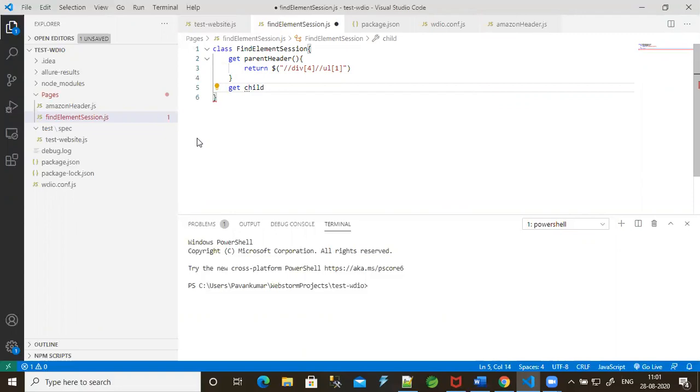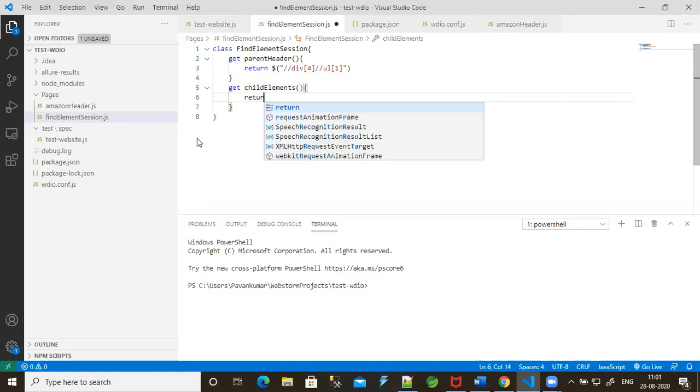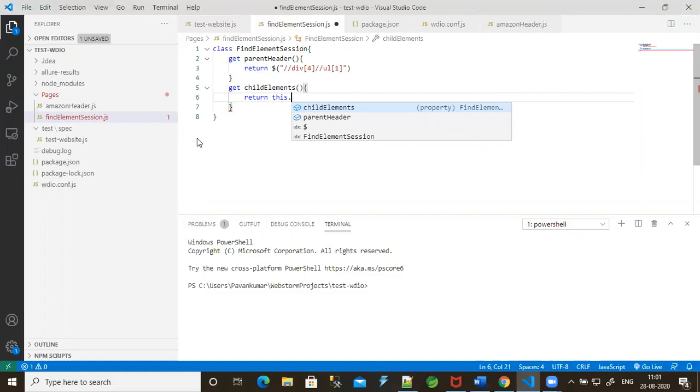Now I'm going to create one more method for the child element. Here I'm using this, which is a reference to the current class. So I'm using the method this dot parameter header. I'm calling this method inside this method.